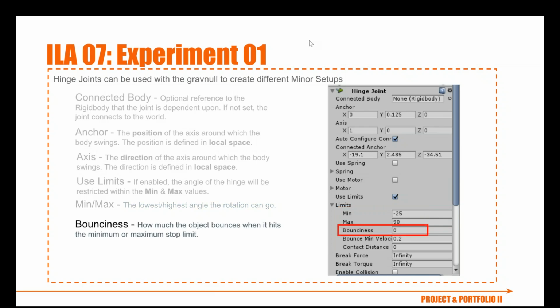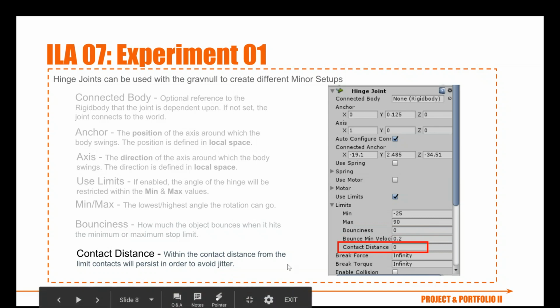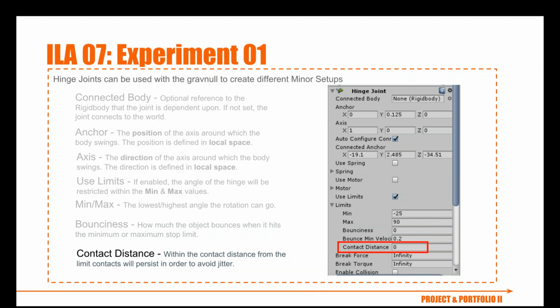Also, you'll see down here bounciness, which is basically when it reaches that limit, whether it's going to just snap in place or continue moving, ease into it, or give a little recoil back and push back so it feels a bit more natural and not like it hit and stuck like glue. And then the contact distance. This is helpful for troubleshooting. Basically, if it's within the distance of that limit, it can remain in contact to avoid jittering